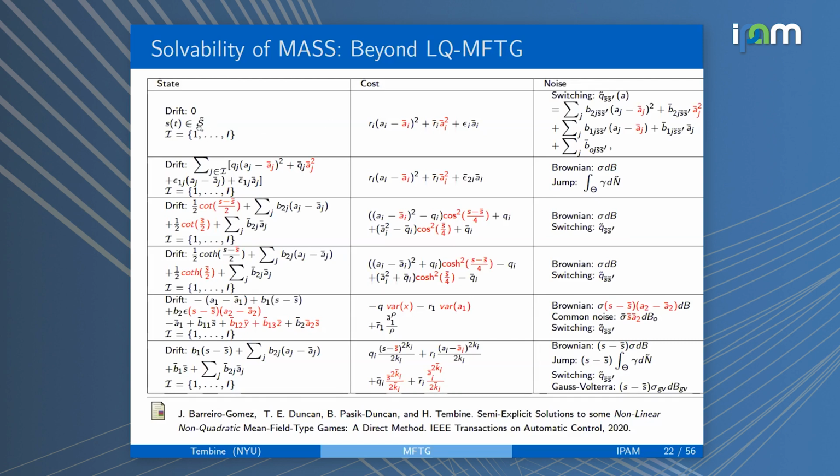And we could solve this class of games for switching problems, meaning discrete state. Now, the second category is to put quadratic in the drift. So again, quadratic in the drift. This is again another quadratic, but the noise here, this time the noise has a Brownian and a jump term, and we could solve this one subject to some conditions on the coefficients. Now, the third category of problems we could solve is to put trigonometric functions. So here you have cosine square, here you have cotangent square, cotangent of s minus s bar. So this is really nonlinear, non-quadratic. So cotangent in the drift, and the